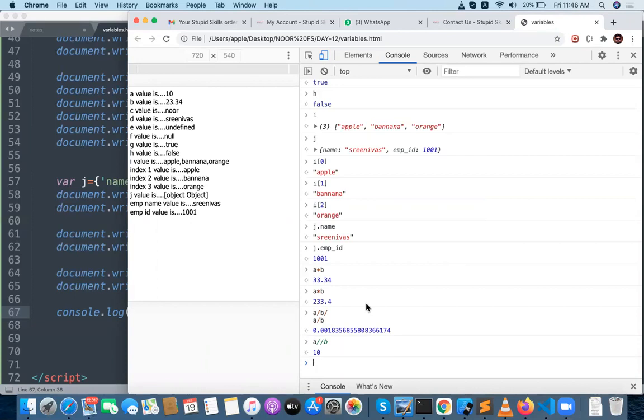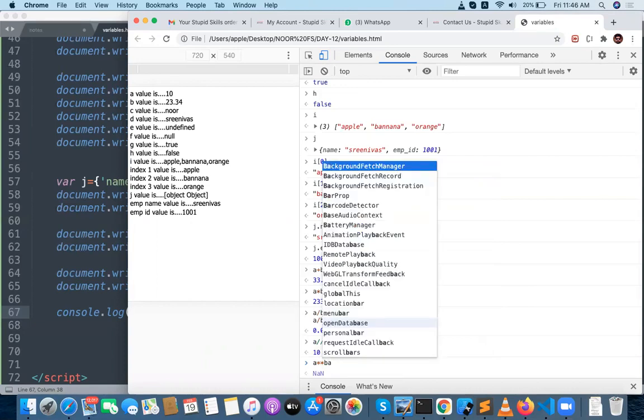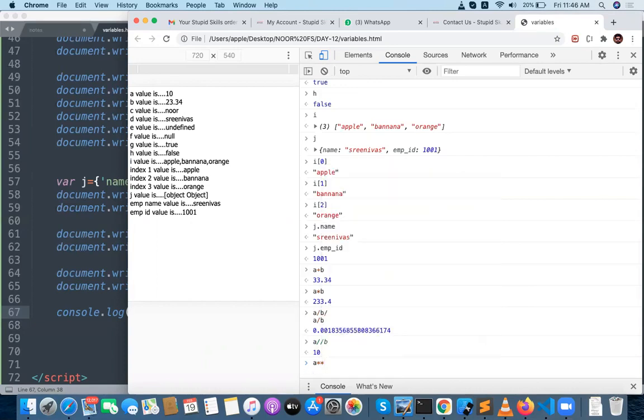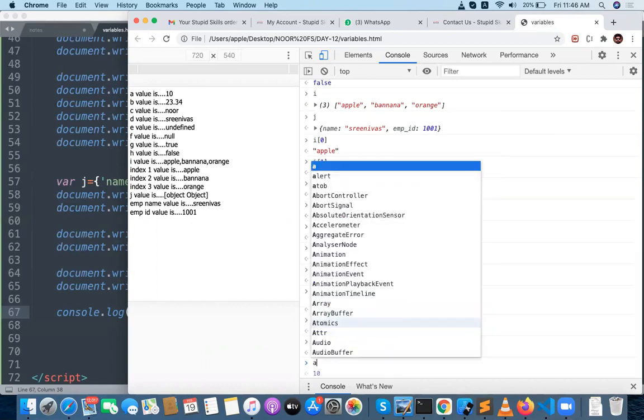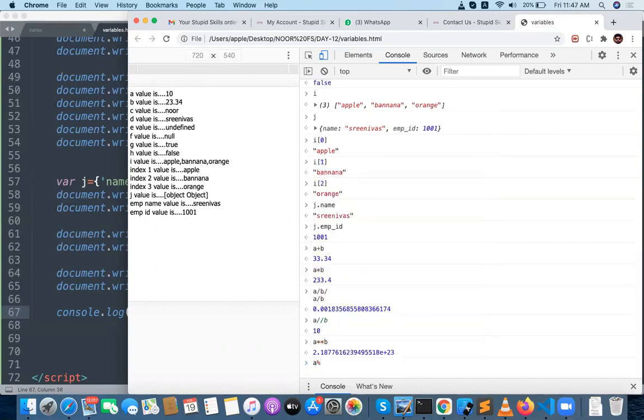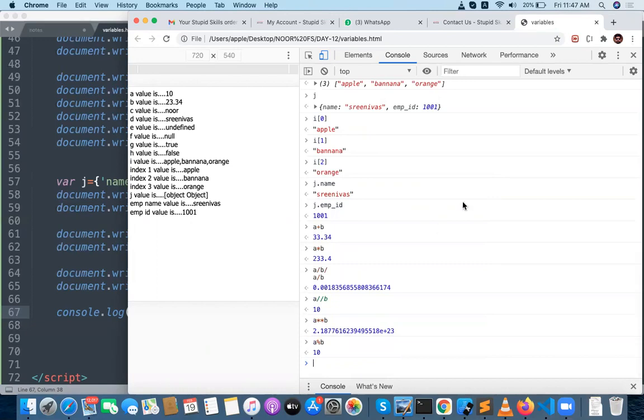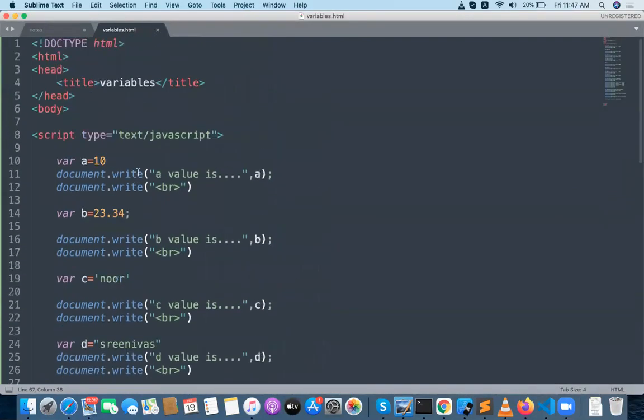This is like a square, right? Sorry, A double star B. Okay, so next A percent B. Percent gives you the modulus value, the remainder. And what is the A value?